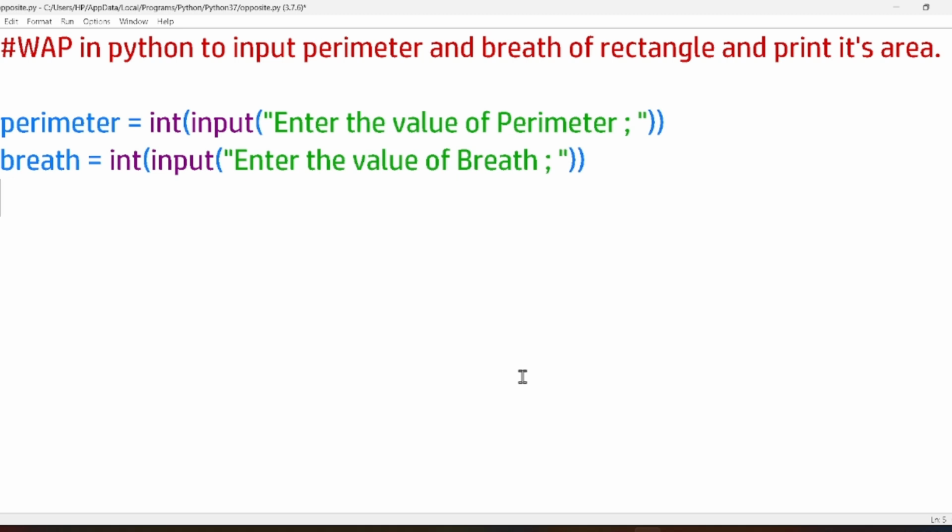So the formula of perimeter is, so I am initiating a multi-line comment here so that I can explain. So the formula of perimeter equals to 2 into L plus P. So we have to find the value of length. So the formula of length is L equals to perimeter upon 2